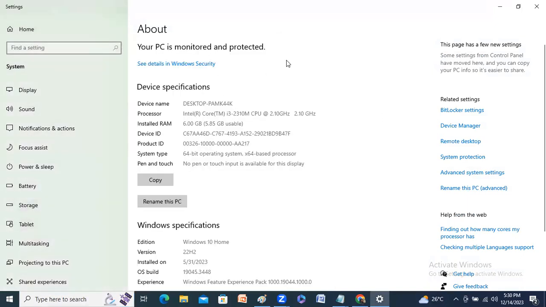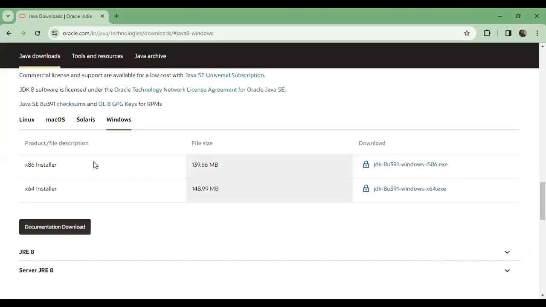Then automatically it opens this page. This is the system type. Here the system type is a 64-bit operating system. So my operating system is 64-bit level. Depending on that, just choose that bit level size.